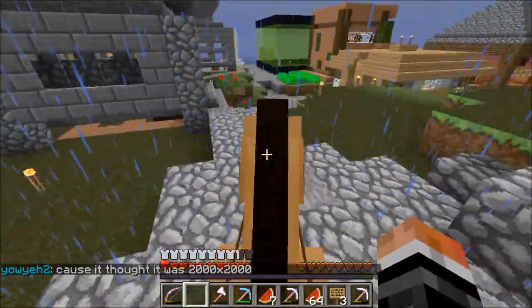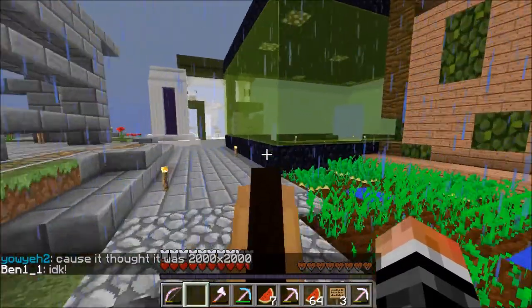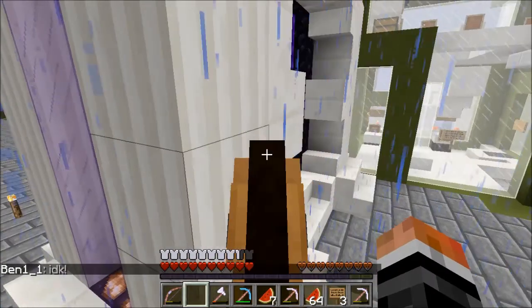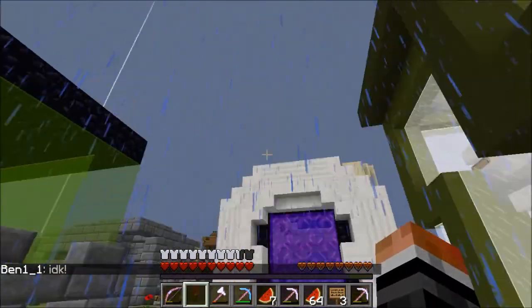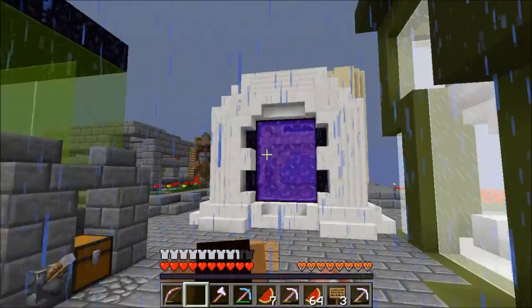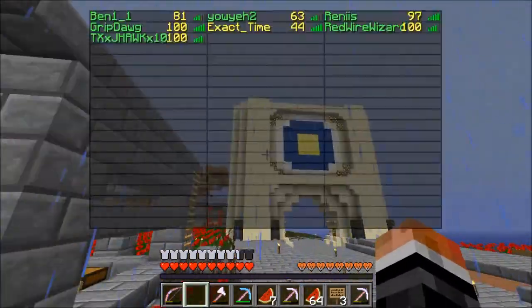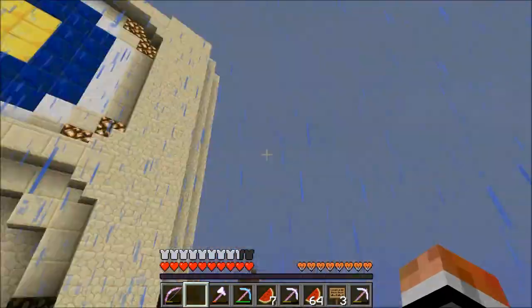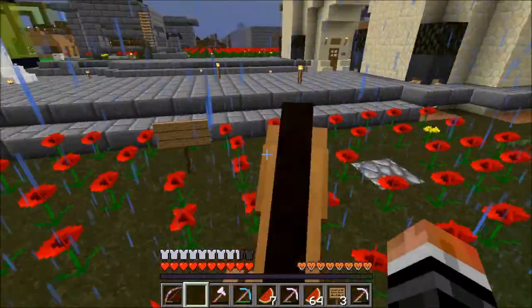So we're heading to spawn to see what's going on. And this has probably been more changed than anything else. They've got a few new buildings here. If you look at an old video, there is a whole hill right behind this, whole hill in a swamp biome right behind this nether portal right here. And yeah, they tore that whole thing down while I was gone